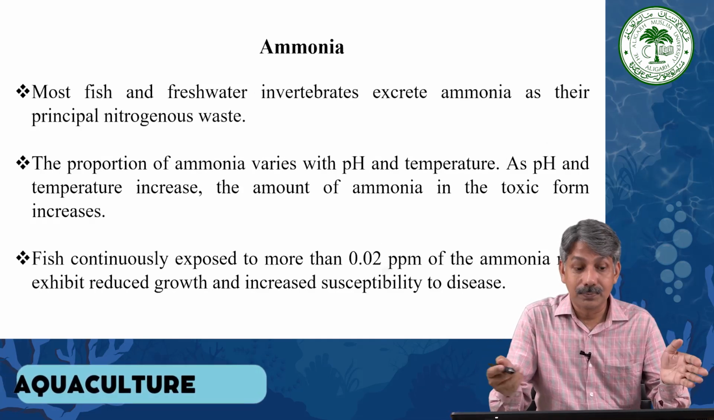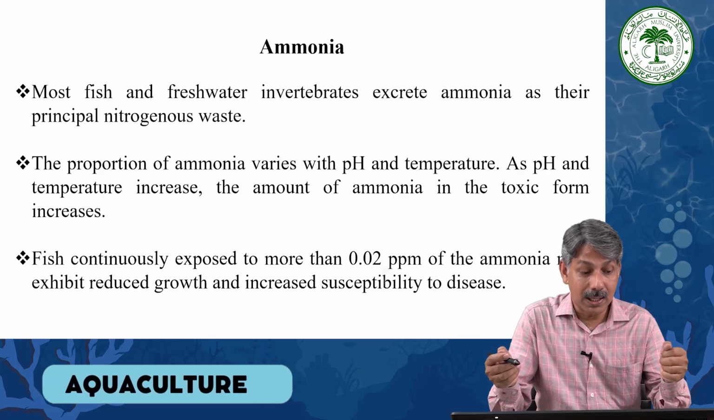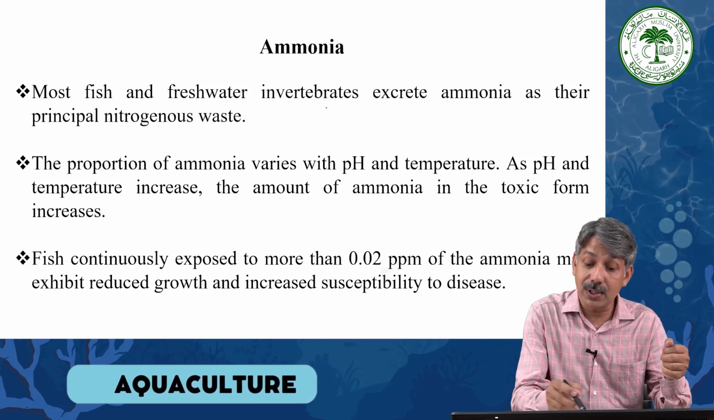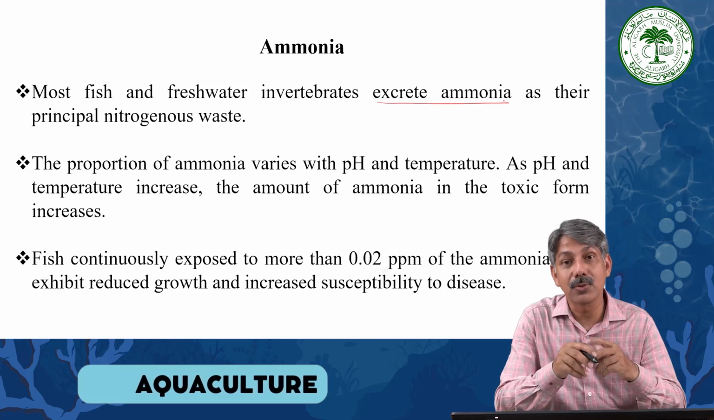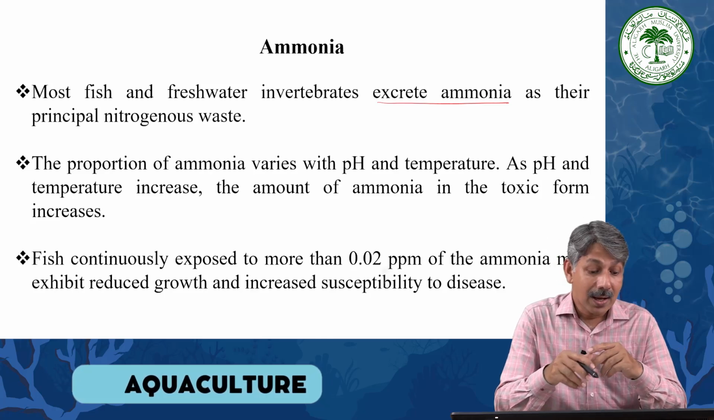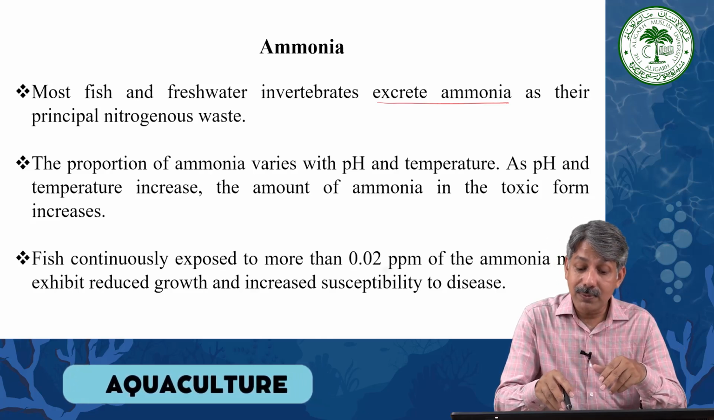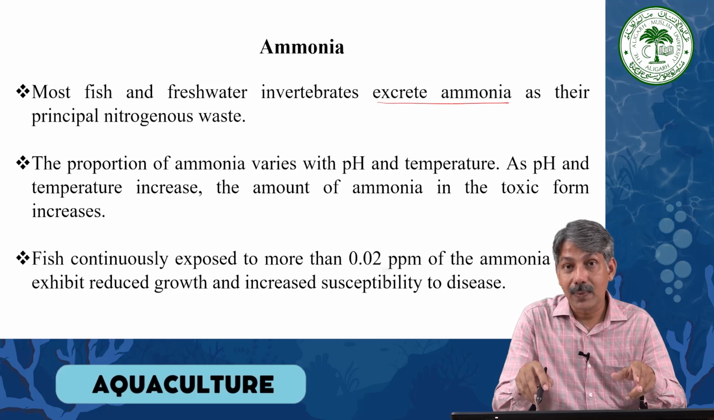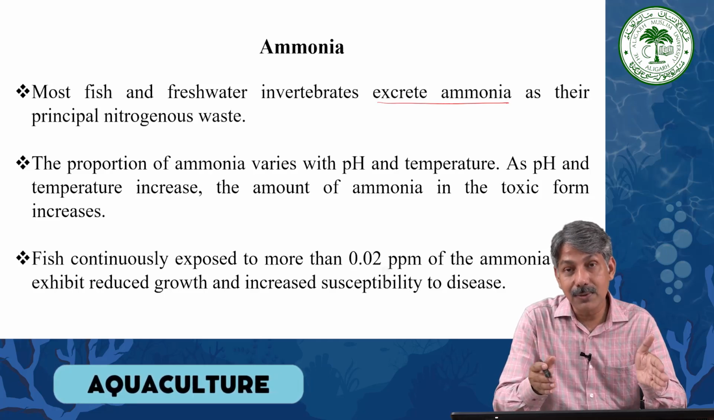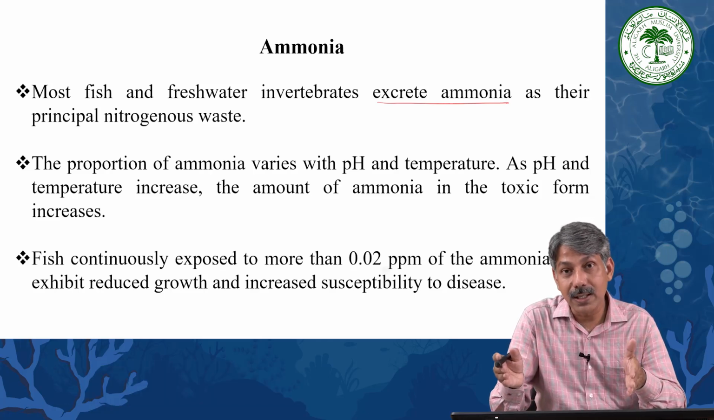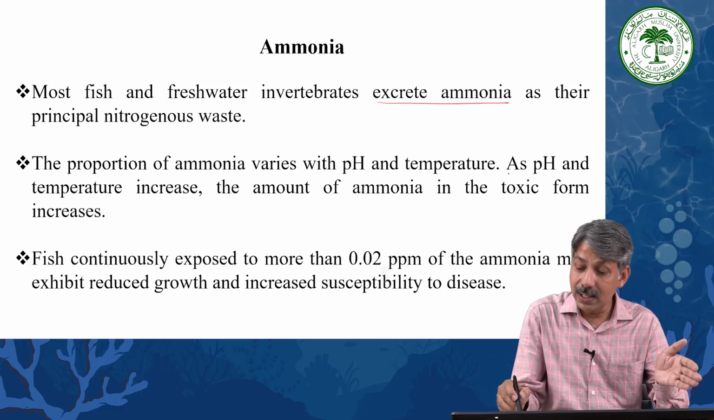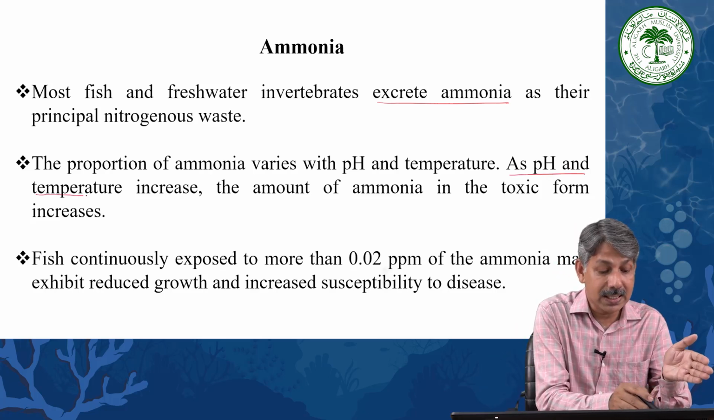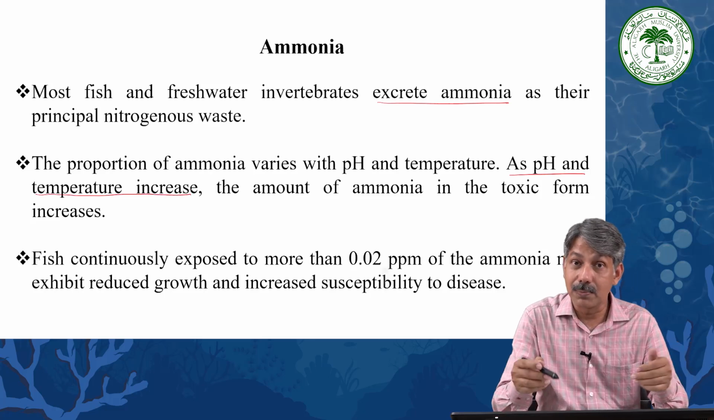Then ammonia, again a very important parameter. Most fish and freshwater invertebrates excrete ammonia as their principal nitrogenous waste. The proportion of ammonia varies with pH and temperature. Now, with the level of pH and the temperature variation, ammonia may increase. Here it has been written as pH and temperature increase. When